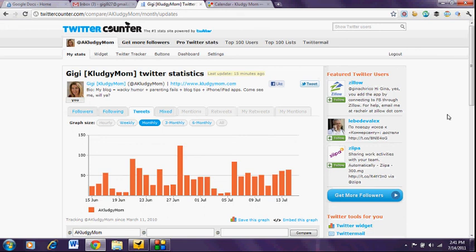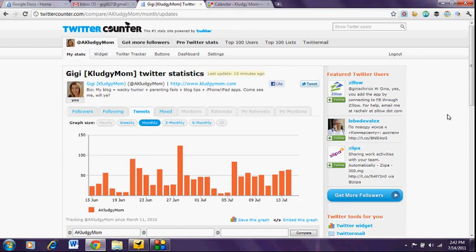So this is a great little tool for you to see how your Twitter following is growing, if it's growing consistently higher, if you're having lapses due to the fact that you're not on Twitter during a certain period of time. I'm going to be on vacation in a couple of weeks, and I expect these numbers to plummet pretty significantly along with my Clout score while I'm gone, because I won't have access to Wi-Fi, so I won't be online. So if you're not currently looking at stuff like this right now within your Twitter account, I highly recommend